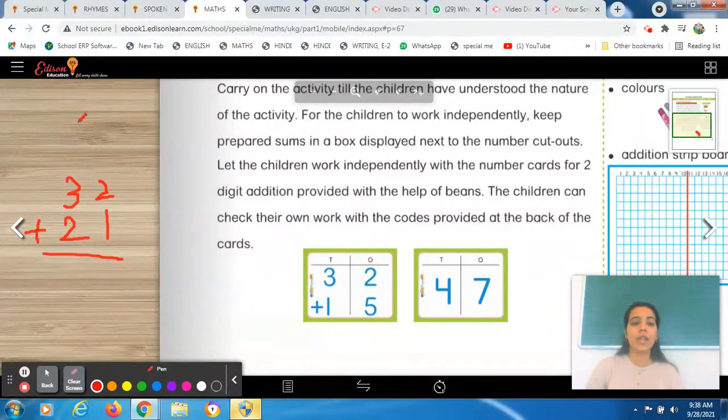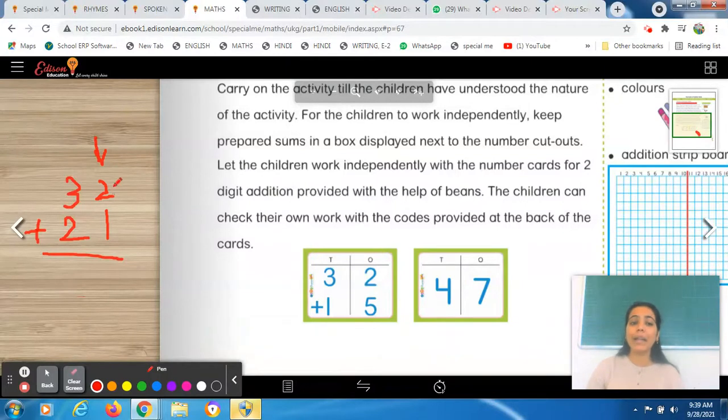Maybe at first he will start from the left hand side. So you have to say, student, you have to start with the right hand side always. Whenever you do the addition, you have to start with the right hand side. So you have to point out the right hand side to kids, that this is your right hand side to start from. Okay, after that you have to tell our kids, what you have to do,